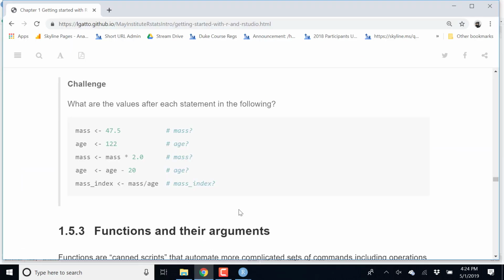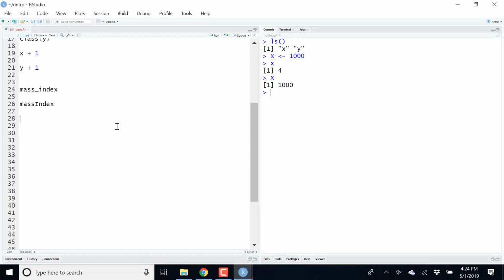So here we are. We create a new variable mass index, and we take the value of mass, and we divide it by the value of age, and assign it. Okay. So I'm going to delete this. Good. So what we have seen so far is a very, very important concept, which is the concept of variable. So we're going to see something else now, and these things are functions. And we're going to test it with a new function here, round, for example, 3 point,